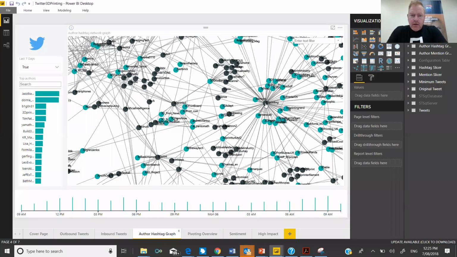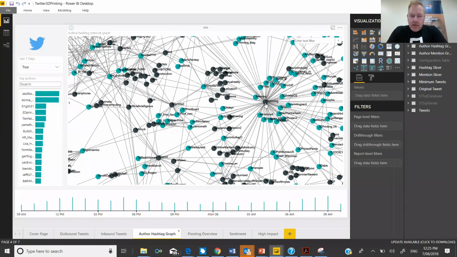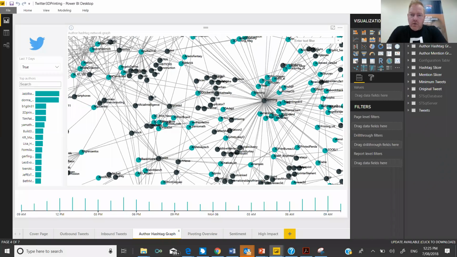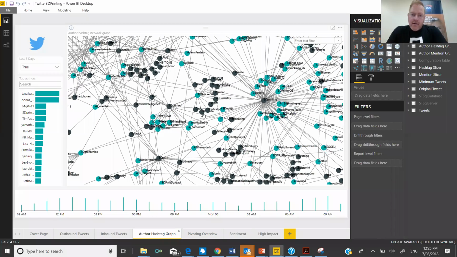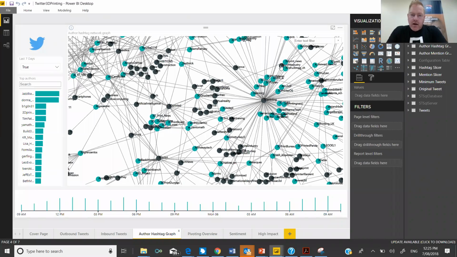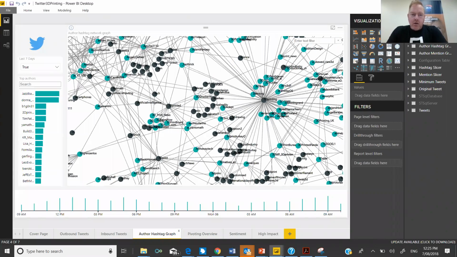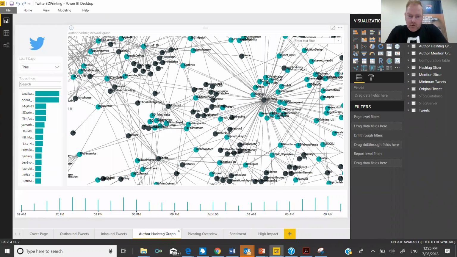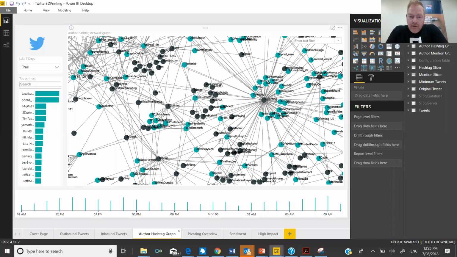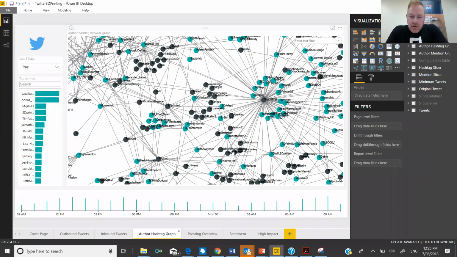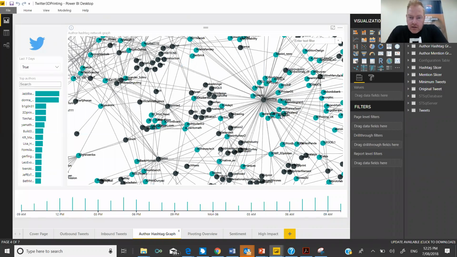So here in the middle, you can see 3D printing. And in the green circles, you can see who is tweeting about that. And then in the grey topics outside of that, you can see what these subtopics are that people are talking about in regards to 3D printing. So, for example, over here we've got digital industry, additive manufacturing, all sorts of different terms.